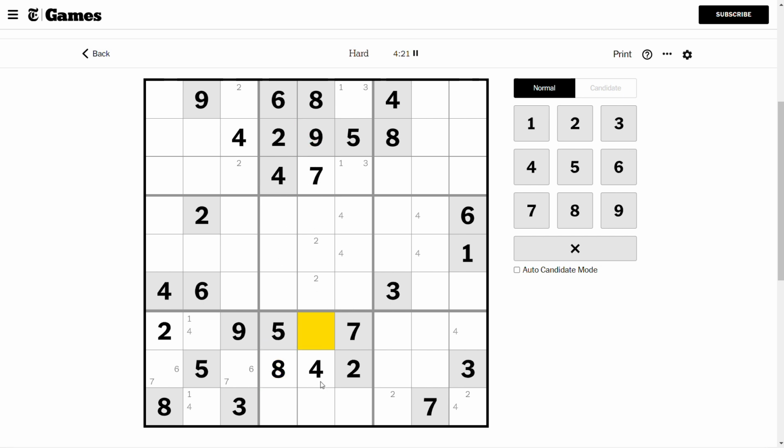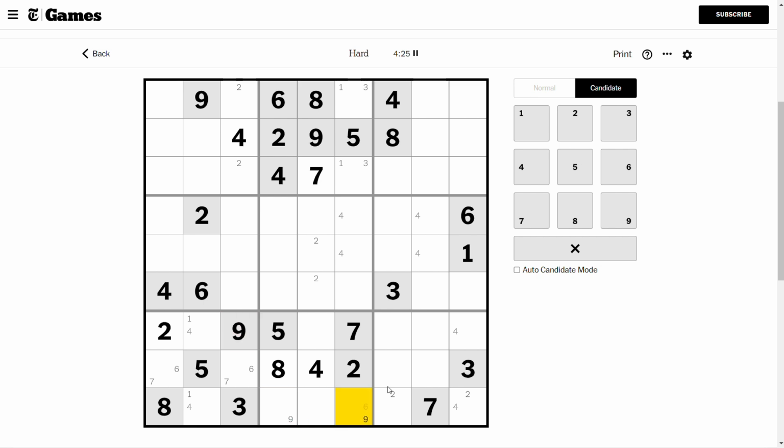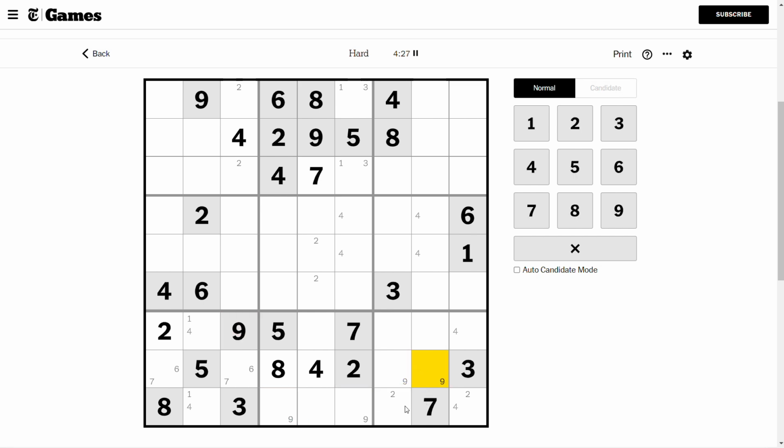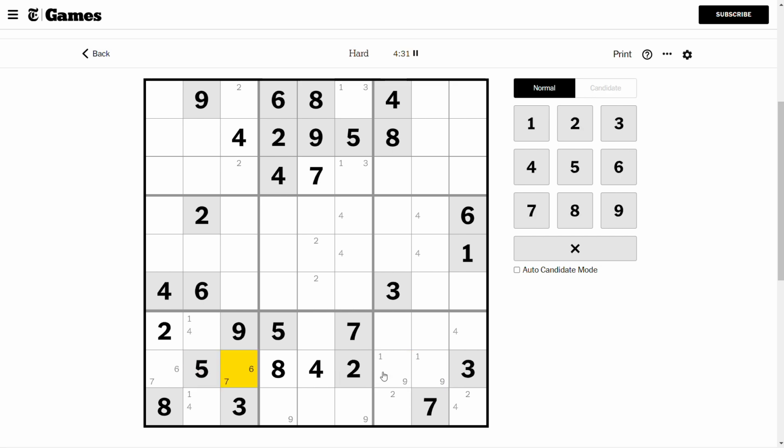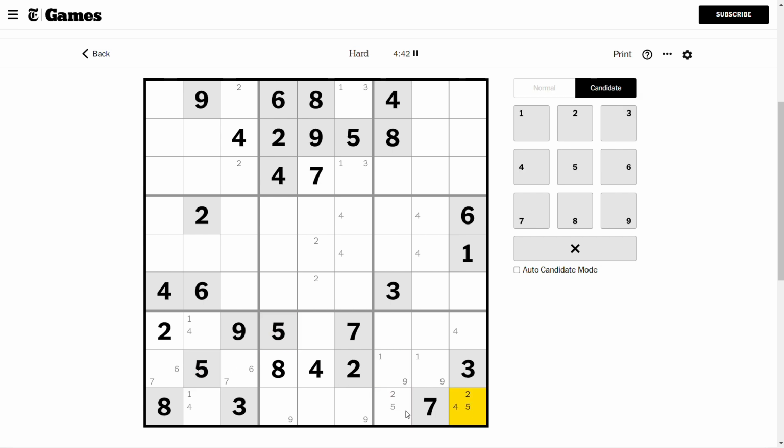This 9 points down. So in block 8, the digit 9 is forced into row 9, and then these 9's point right. Oh, actually, these 2 cells form a 1-9 pair to make up row 8. Okay, these 5's point right, and these 2 cells form a 2-5 pair, because in block 9, the digits 2 and 5 are missing,